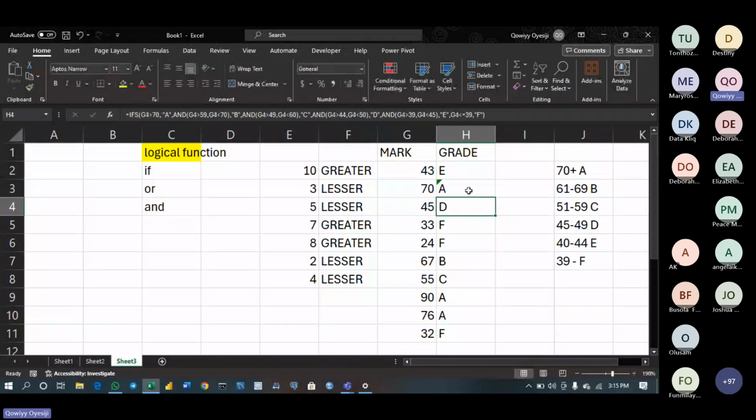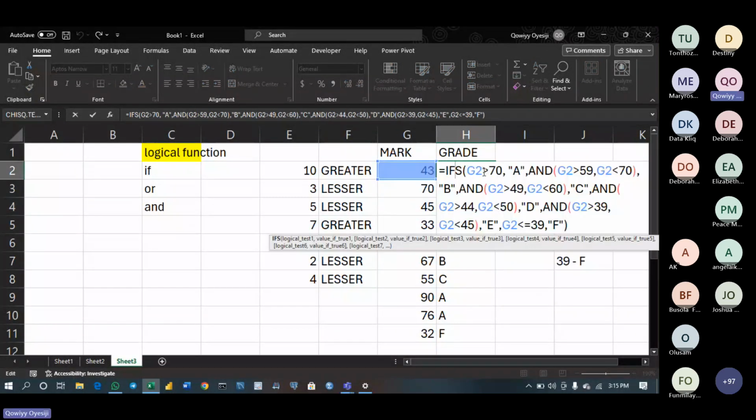Let me see. Because from the definition, if we say greater than 70 only, then 70 is not included. So